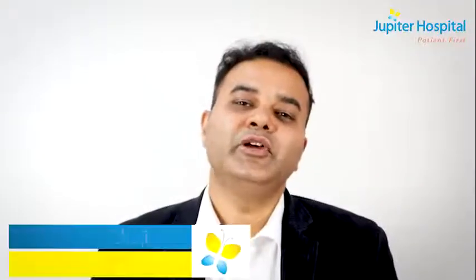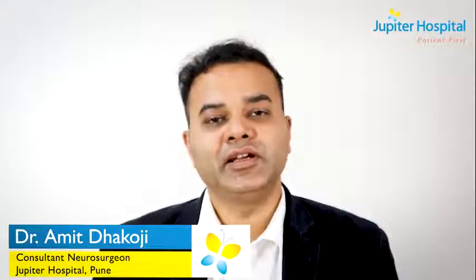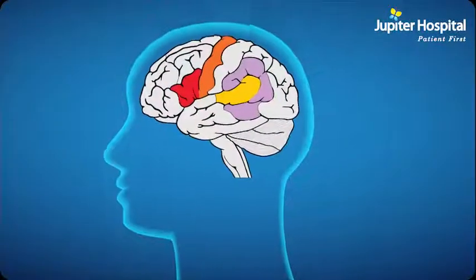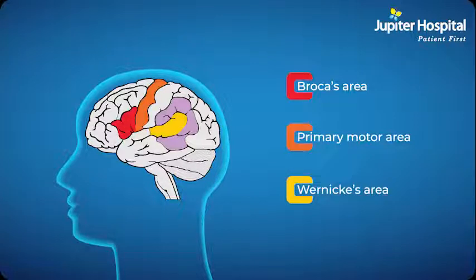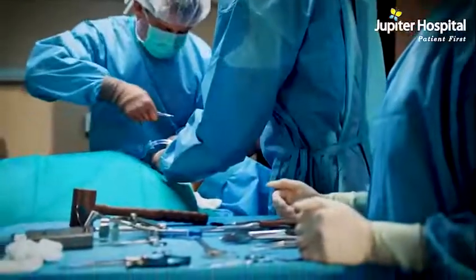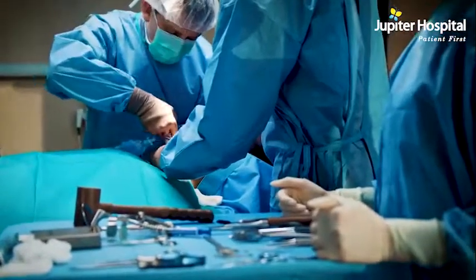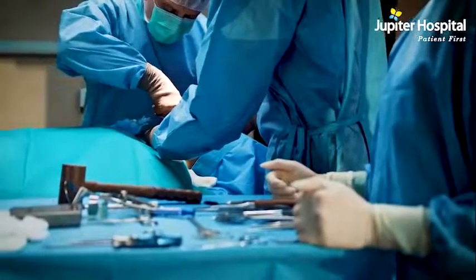Hello friends, today we are going to discuss awake craniotomy and try to understand this highly complex neurosurgical procedure. Awake craniotomies are used when tumors in the brain are located very close to highly functional areas, like our speech area or motor areas which are responsible for our hand and leg movements. And if we perform these procedures in complete general anesthesia, then there is a risk of damage